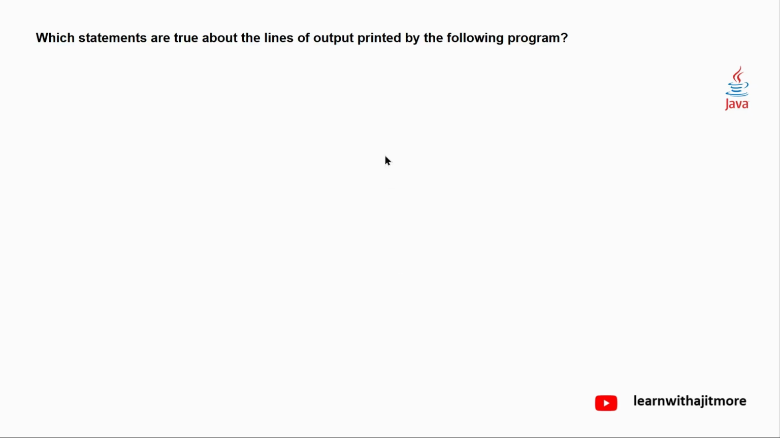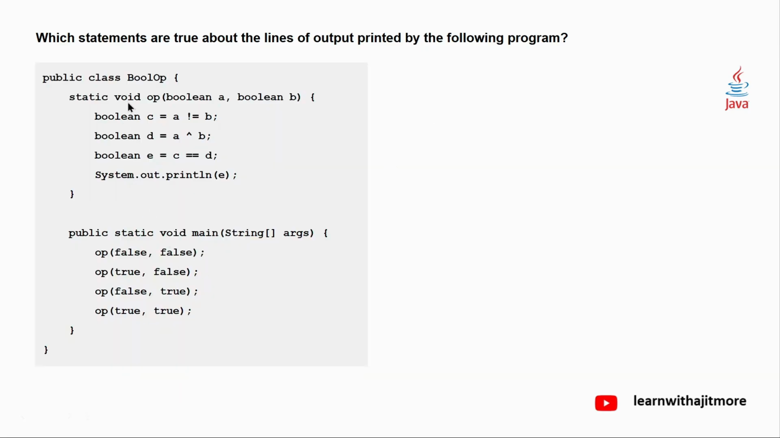Then one more question we'll see. Which statements are true about the lines of output printed by the following program? Now, in this program, there is one method OP. OP is one method which is taking two Boolean values as arguments. Hence, you're passing two Boolean values as parameters. Whenever you call it, at that time, you're going to pass two Boolean values. And whatever Boolean values you're passing, they will get copied into these parameters. Like you're passing,